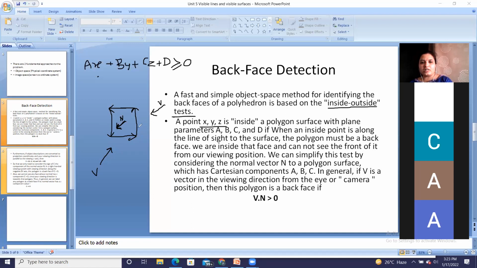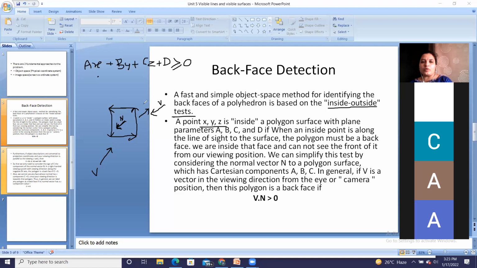Viewing from here, what will you see? You will see it moving clockwise. Right? So if the viewer is viewing this, then they observe the anti-clockwise movement of the surface edges. And in the opposite direction, if the viewer is viewing from this edge, they observe it in the clockwise manner. So when the edges are in clockwise manner, it is considered a hidden portion